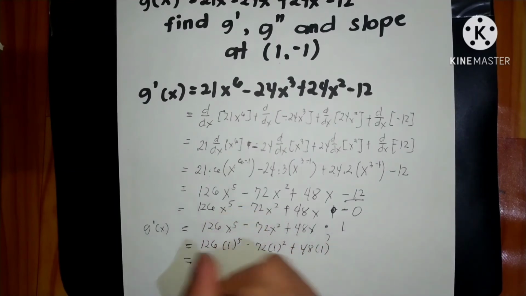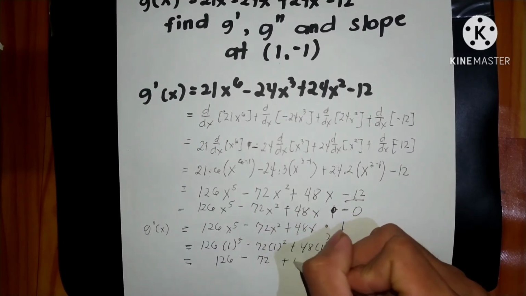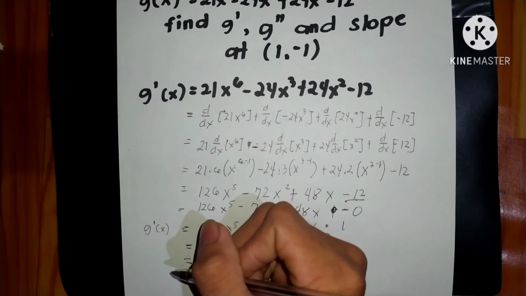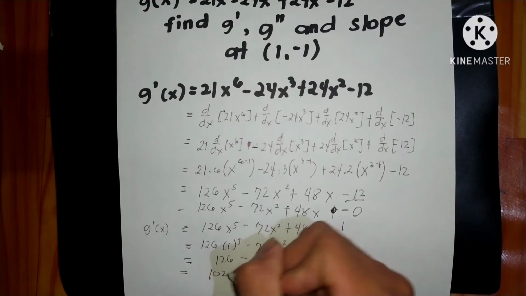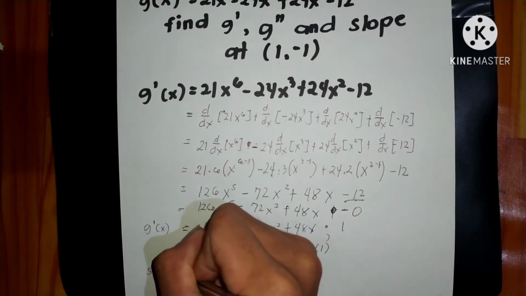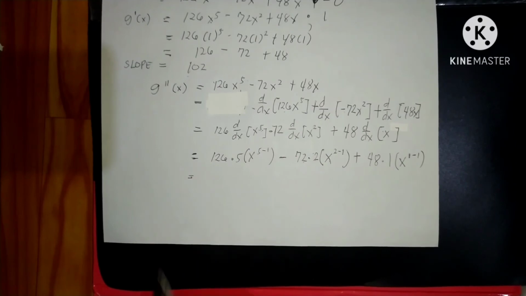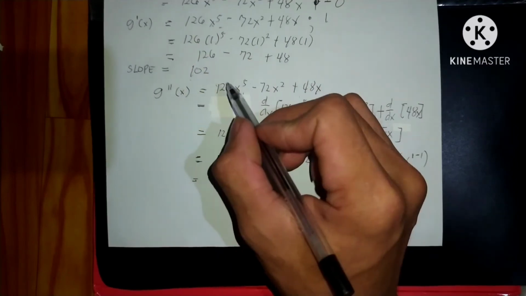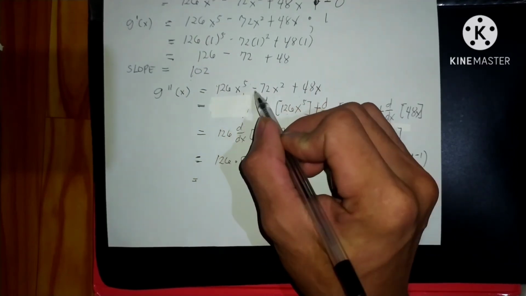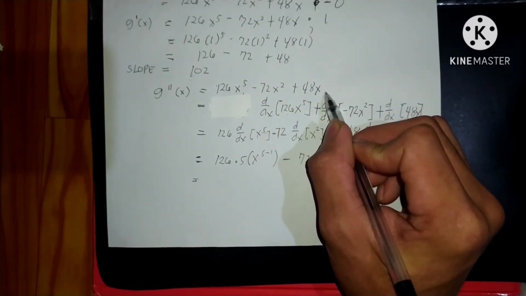is equals to 126 minus 72 plus 48. So, the answer is 102. So, ang slope natin is equals to 102. Ngayon, kukunin natin yung second derivative. So, just simply copy the first derivative, which is 126x raised to the power of 5 minus 72x squared plus 48x. So, by the sum rule,